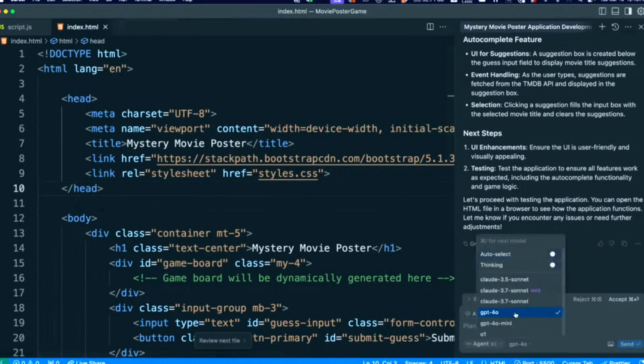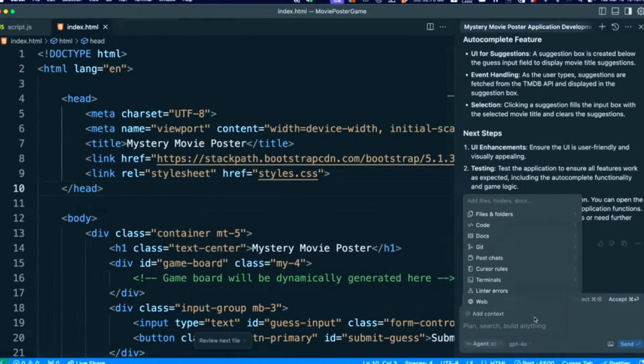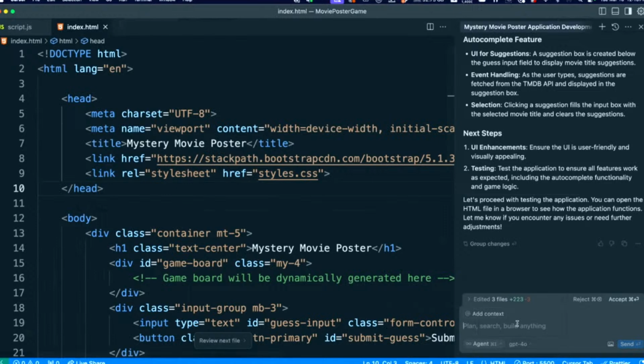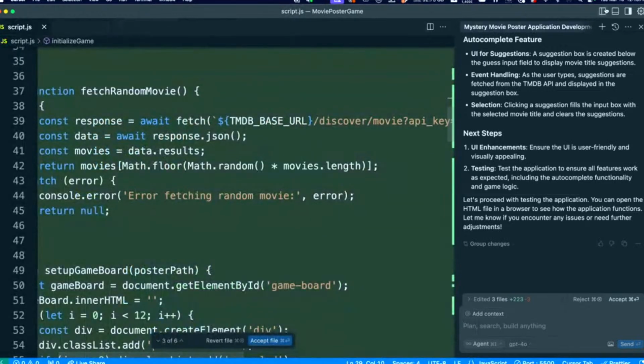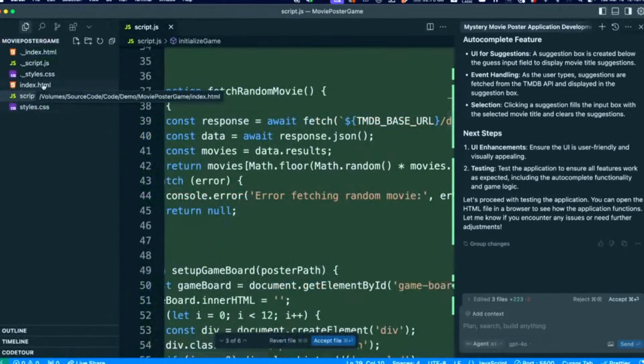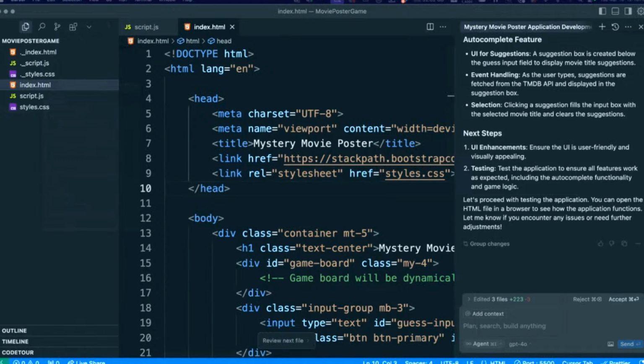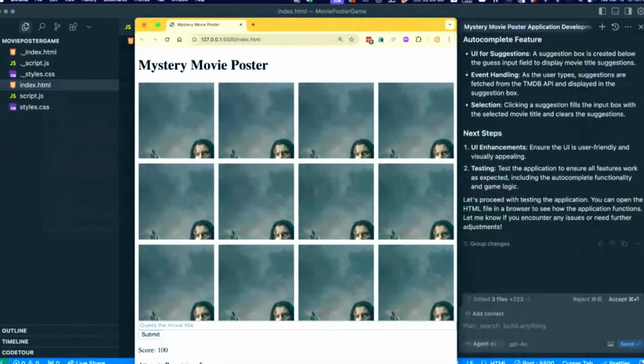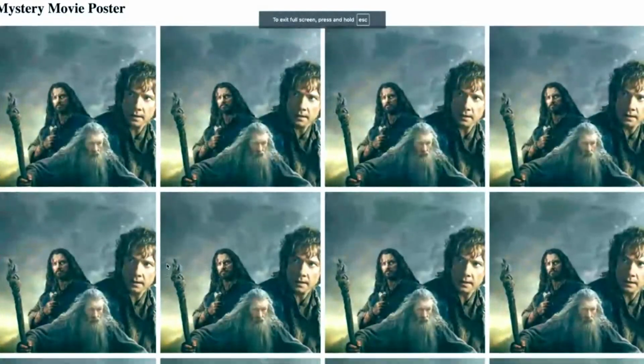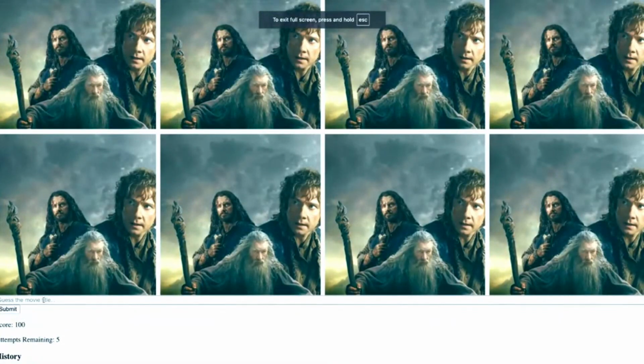It says let's proceed with testing the application. Look, reopen it. When we go to the next steps, no, let's open it again. Let's see what it's done. Because it does say... Yeah, so weird, isn't it? Okay, so first try through, it definitely made a bunch of mess ups.